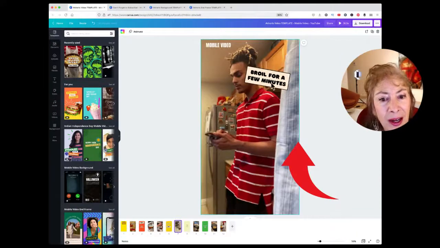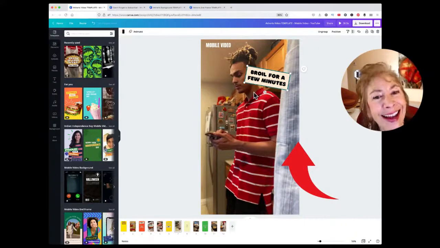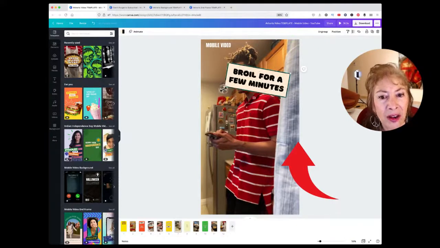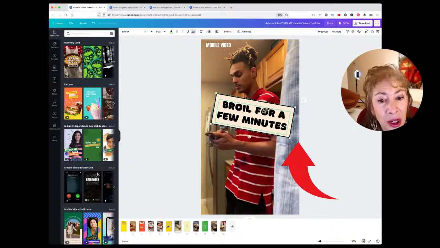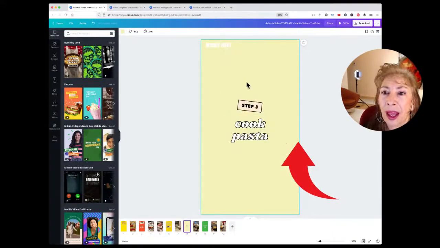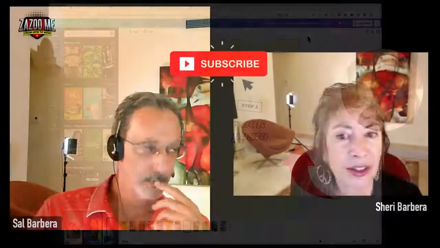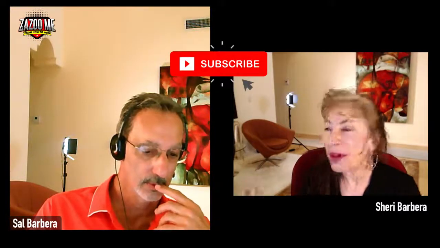Broil in the oven. So what I'm doing is I'm dragging across the box with the text and the background so that I can drag both of them out, and I'm making it huge so that people can actually read it on their phone. What is the percentage again of people on their phone? 70%. I'm so glad you said that,